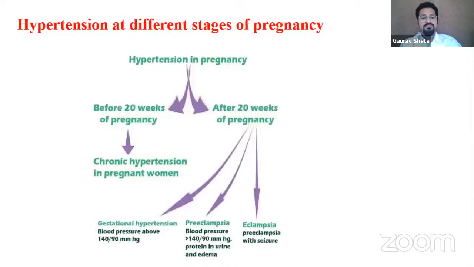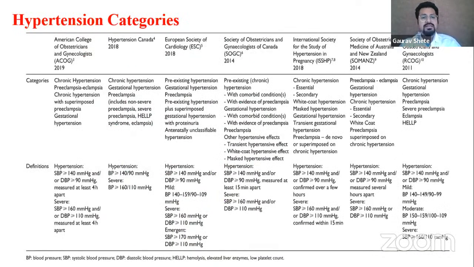All right. So before 20 weeks, like the same chart, we'll give you a brief idea. Gestational hypertension is BP more than 140/90 without proteinuria. Preeclampsia is gestational hypertension with proteinuria, and eclampsia is preeclampsia with seizures. Okay, so now different